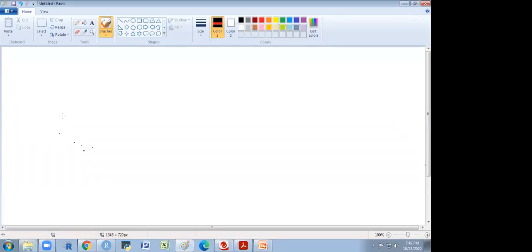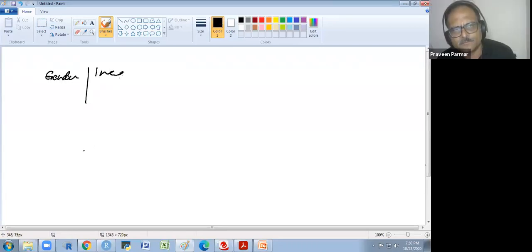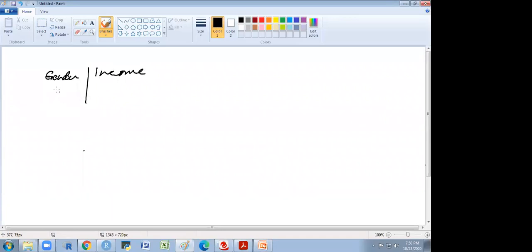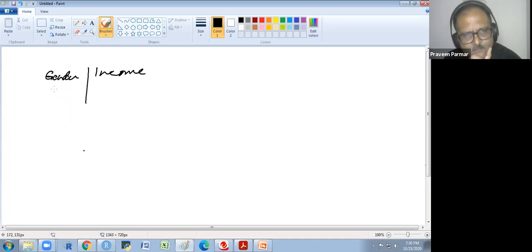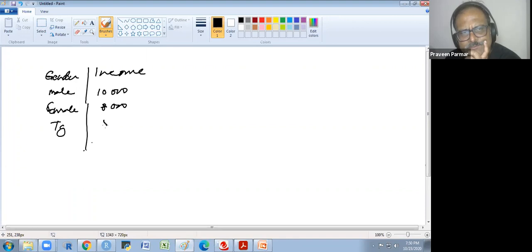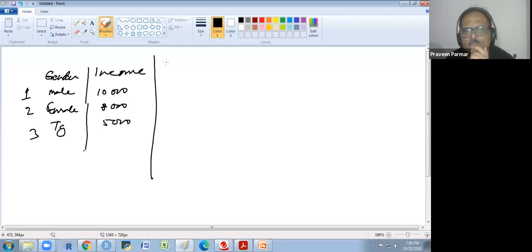Suppose there is a column of gender and a column of income. I'm just giving a hypothetical example. The male, whose income is 10,000. Female, whose income is 8,000. And there is a transgender whose income is 5,000. Understand? And if I give some ordinal numbers 1, 2, and 3 to the genders, and here I am multiplying gender and income,